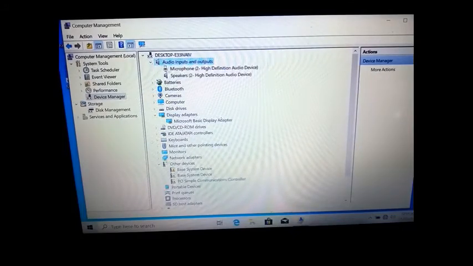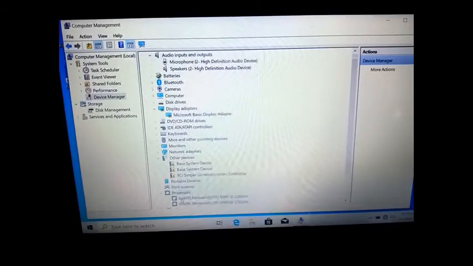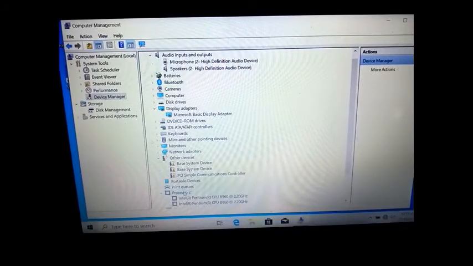Also the audio, okay, a little bit of that is there but not entirely. So this is the reason why you need to install the drivers. The processor, okay, it's there, but I'm sure this is not the most recent one, so we'll just check all that as well. So things like your camera,